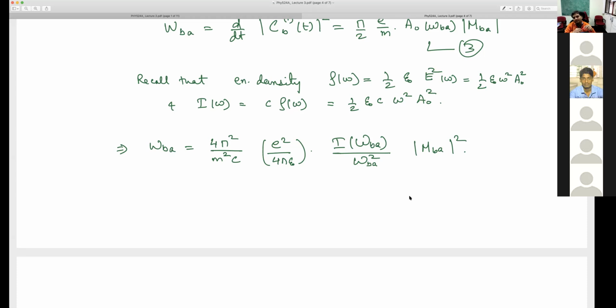Sir, Subhata, can you just once explain why this is called stimulated emission? Stimulated because it did not happen naturally. I already had light incident on it, right? That's why it's called stimulated. Basically, the electromagnetic field that we considered as the vector potential from the initial calculation, that is what stimulates it.